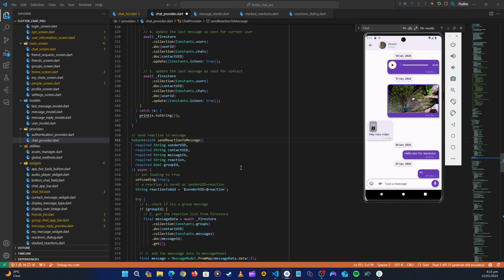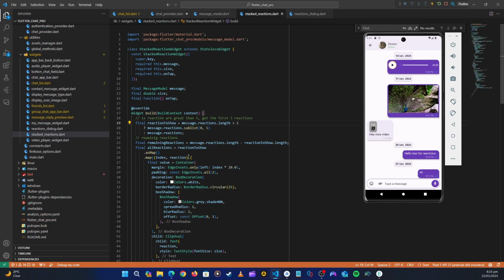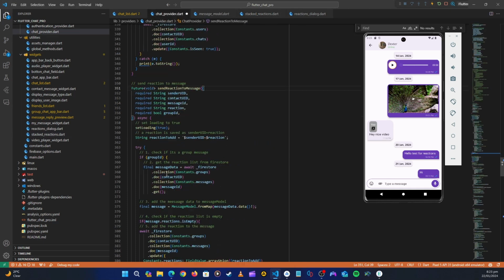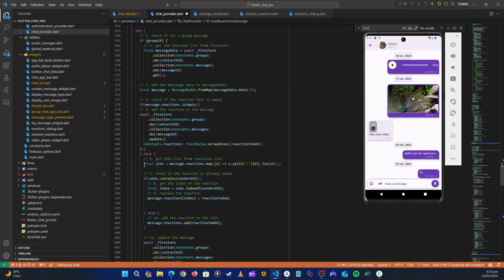Alright, so let's continue. In the last one we just created this method. So now to display it also, we need to go back in the stacked reactions. Let's not forget that here when we are sending the reaction, we are sending them like this. Okay, so we have forgotten in the stack reaction we need to extract only the reaction. So we are doing the same like what we are doing here. So maybe let's just copy this method,